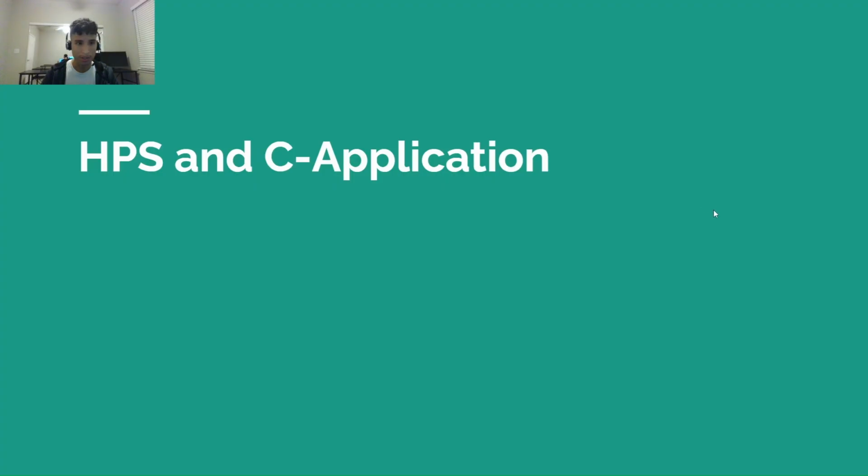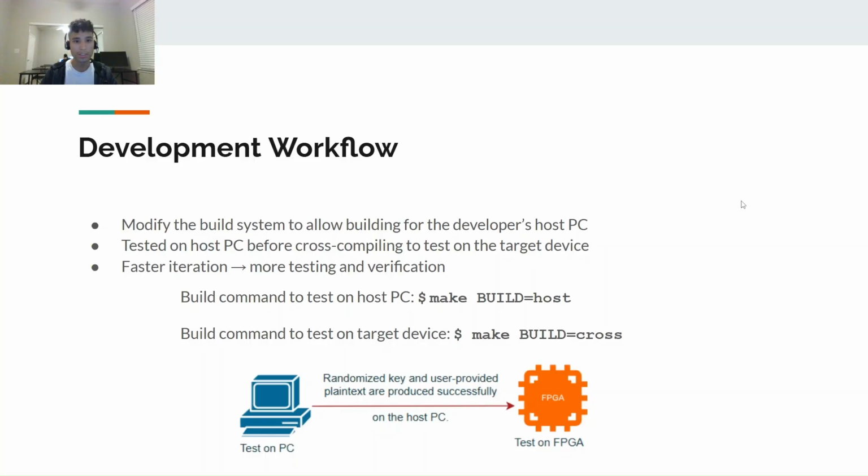I would like to begin with discussing the hard processor and its C application. The first feature that I had implemented for the hard processor was the user-provided plain text as well as the randomized encryption keys. To do this, I figured it was abstract enough from the hardware such that I could probably test this on a local PC. That way I won't have to worry about file transfer and therefore I could iterate quicker and have more testing